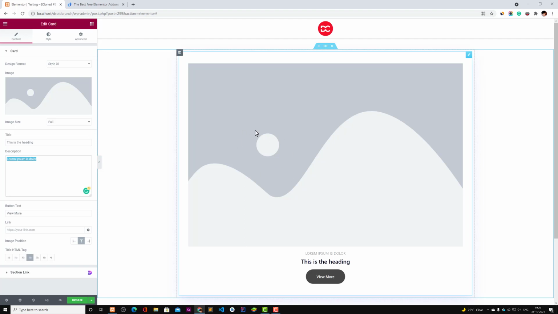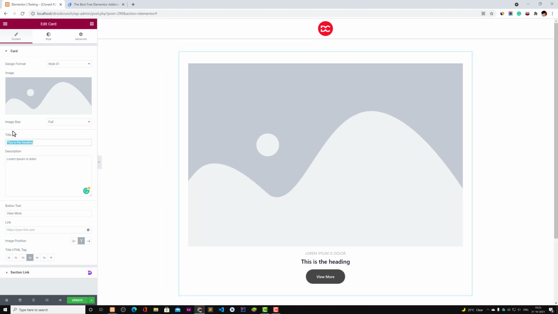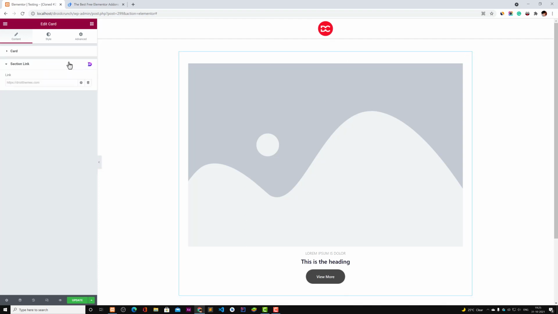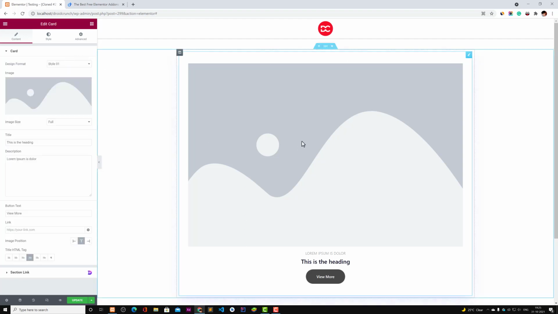So you cannot use this widget probably on your single page layout, on your template, because sadly they don't support it. You cannot utilize the content from the post, and you have to write it each time you use the widget. So that's a very basic thing, but you also need to know about this because this matters a lot.